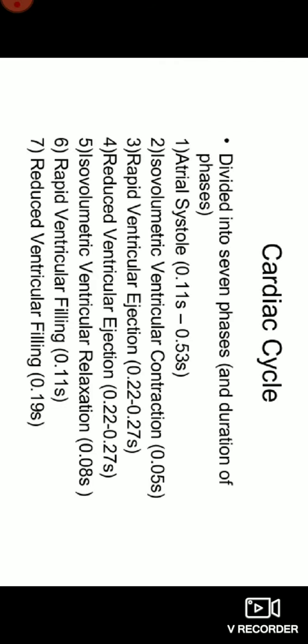So, the cardiac cycle is basically a chain of events from the beginning of one heartbeat to the beginning of the next heartbeat, which comprises 7 phases, of which the systole phase or the contraction phase lasts for a mere 0.3 seconds and the diastole or relaxation phase lasts for 0.5 seconds. The details: